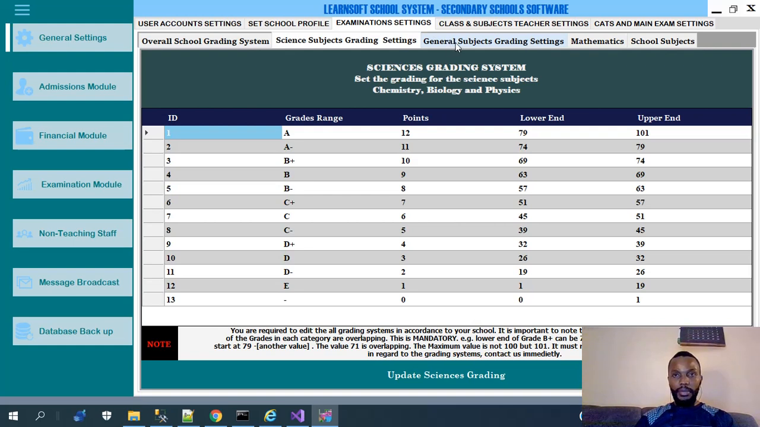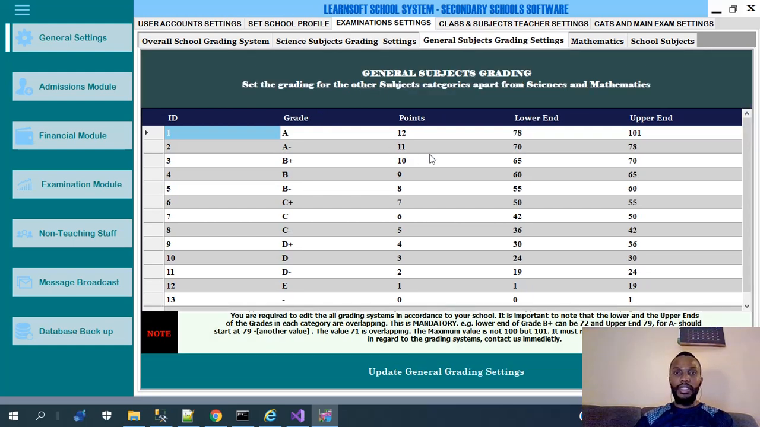The third tab on the same is the general subjects grading system. So general subjects can be English, maybe CRE, history, all that. These are graded maybe differently. If you have a totally different type of grading, then you can enter those particular points and marks accordingly. So remember, every tab has an explanation on how you can do that, and it's very simple and straightforward. Once you update your figures accordingly,